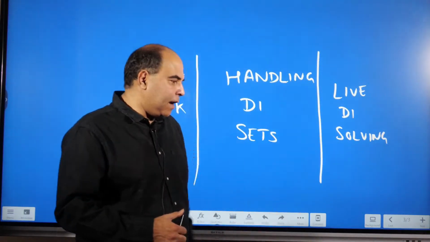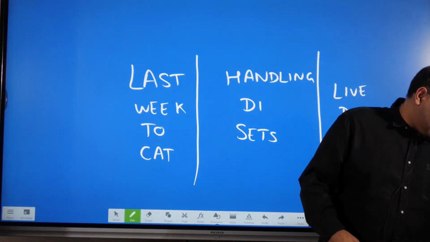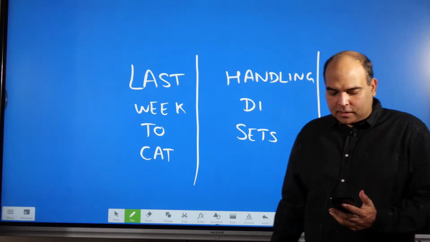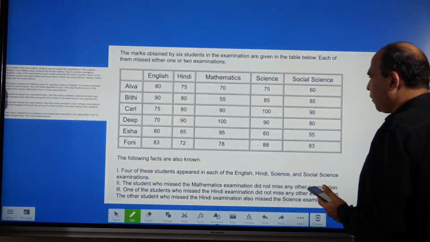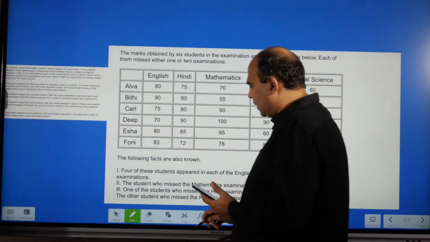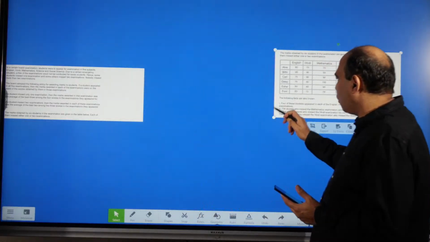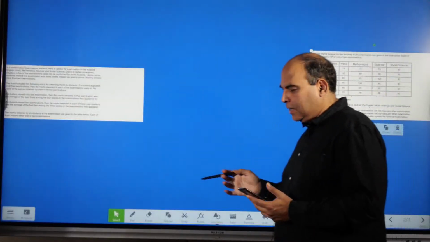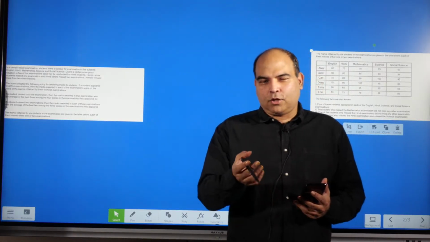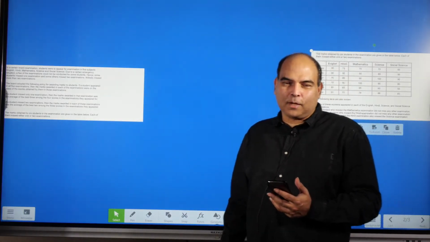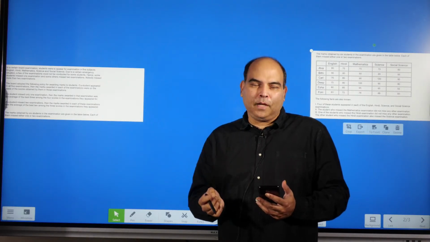So I'm doing a live DI solving, showing you exactly, and today we are playing for 18 marks in the paper. Let's have a look. It's a tough question from most perspectives. A lot of people found this question very tough. This is CAT 2020 slot 1. And in conjunction with the 12 marks you got in yesterday's question, which was not more than 6 minutes of work, you will see that these 18 marks, if you actually react properly and understand what the clues are,